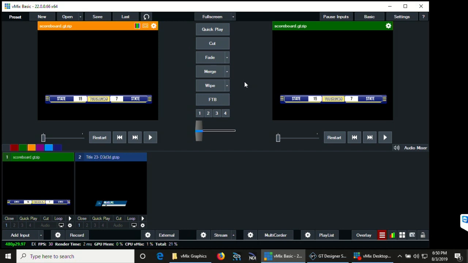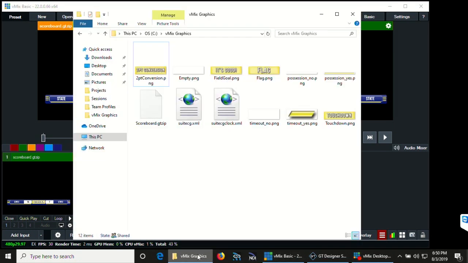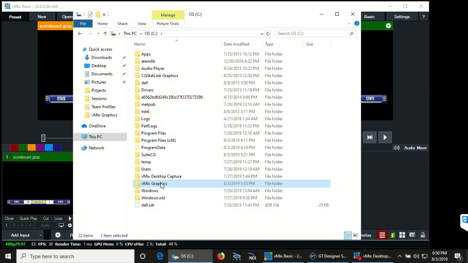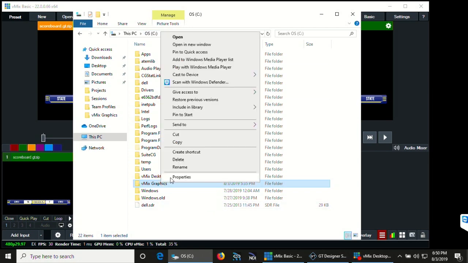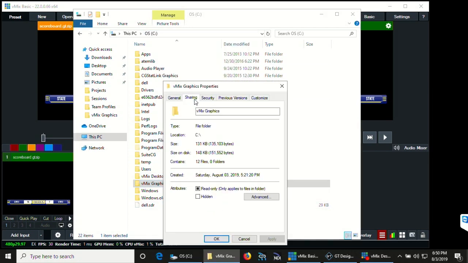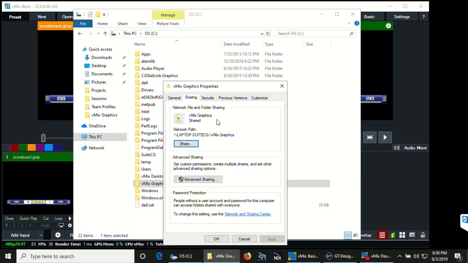Okay, so with it being two different machines, we do require a network share to be set up. Some of this I've already done, but I'm going to come over here to my vMix graphics folder where I copied all of these images. And I'm going to come back to the C drive and right click and go to Properties, Sharing. Now I have already set up a share